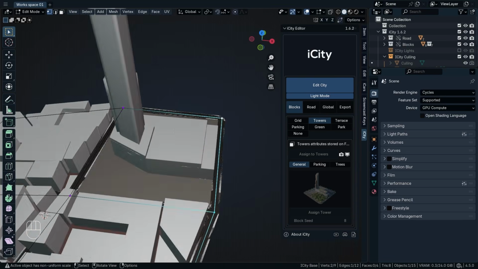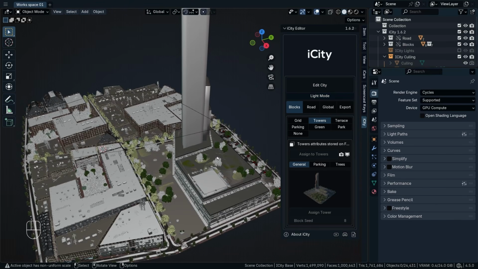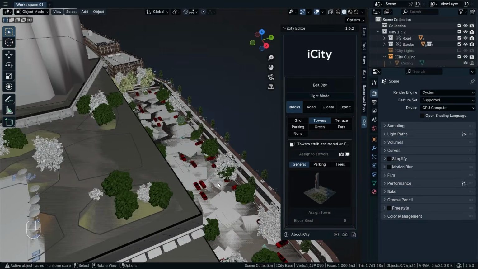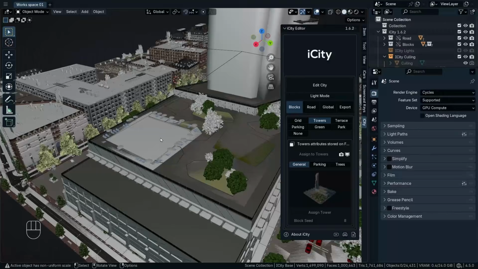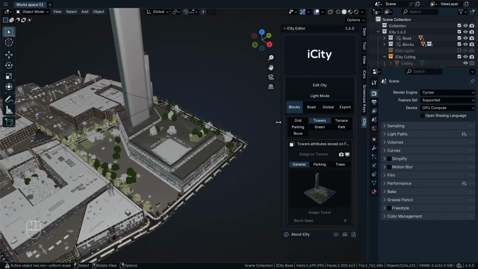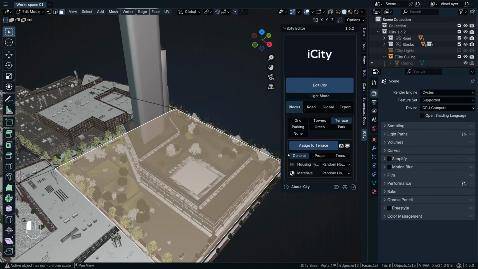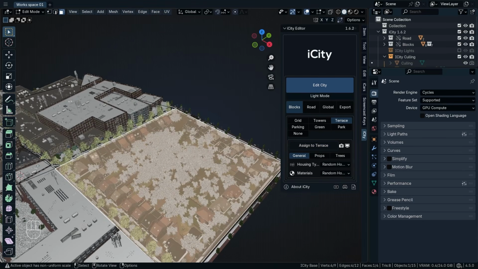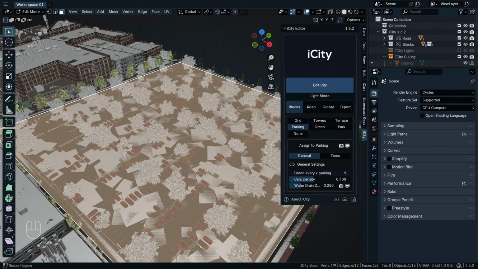As you can see, this is our tower now. So when I exit the light mode, we're going to see the tower having the parking. In here we have parking for the cars. And you can see a swimming pool on the podium. You know, it's a tower, okay? And this is how you assign the blocks. So go to Terrace, for example, assign to Terrace, and you're going to see the Terrace block. Parking is the same, green is the same,